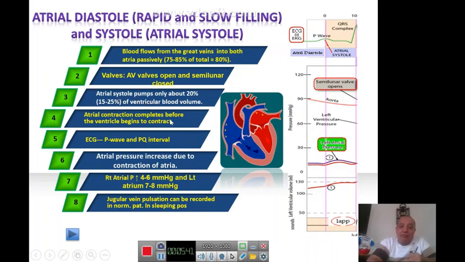If you remember the conduction system of the heart, what we said, we have delay of the traveling of cardiac impulse in the AV node around 100 milliseconds. Why? قلنا وقتها reason is to complete the atria its contraction. This delay is necessary to make the atria complete its contraction, which we call it atrial systole. So we have 80% is coming passively and 20% is coming due to the atrial systole.